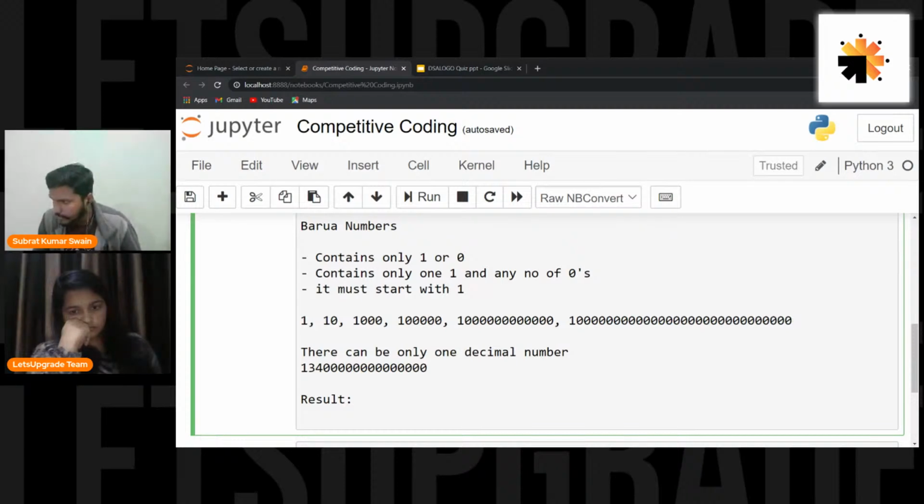Yeah, engineer Guruji, I just said the same thing. 134 is a decimal number. Why does it need to contain only 1 and 0? So what we need to do is,